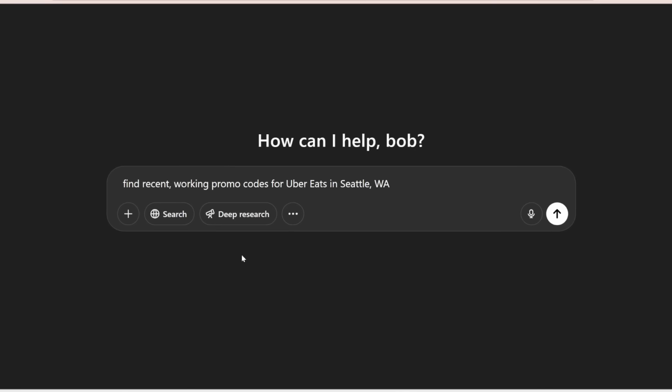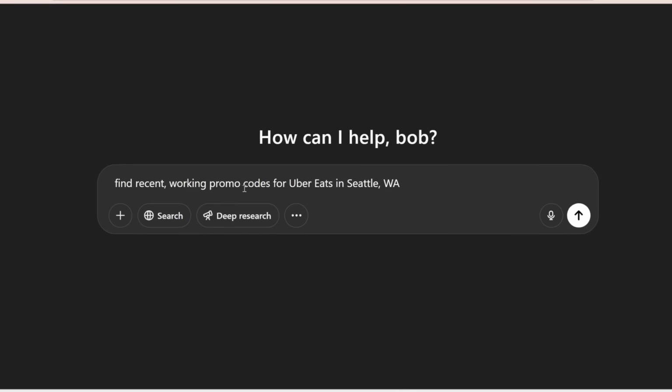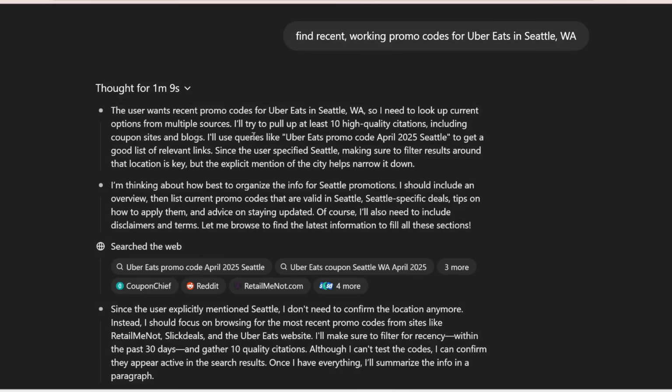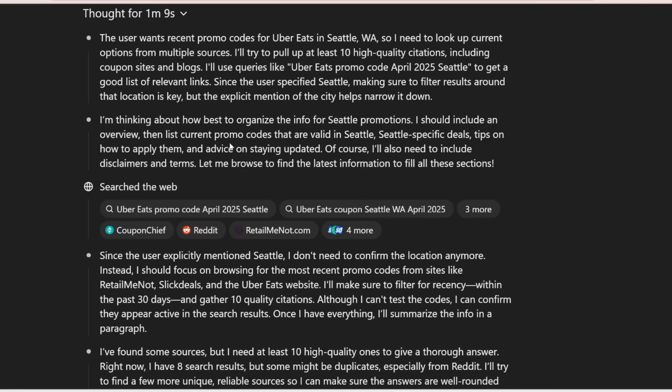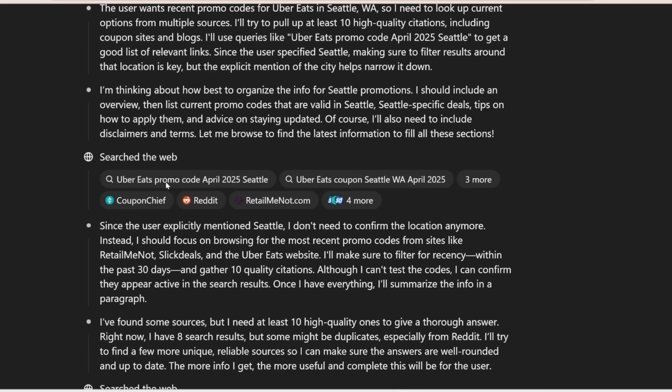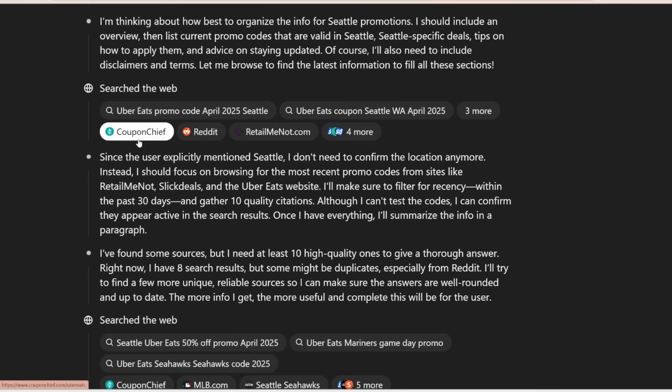Now, because it's so good and efficient at searching the web, let's see if I could get a free meal or at least a discount on Uber Eats. Let's try this prompt. Find recent working promo codes for Uber Eats in Seattle, Washington. Alright, so here's its thought process. It proceeds to search the web for Uber Eats promo code April 2025 Seattle,